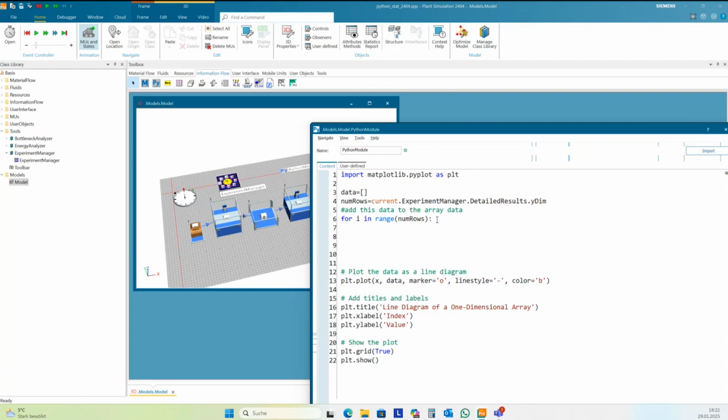You need a colon, and then you need to place one tab inside this loop, and with append, I can add new elements to this array, and I need my address here, current experiment manager, detailed results.